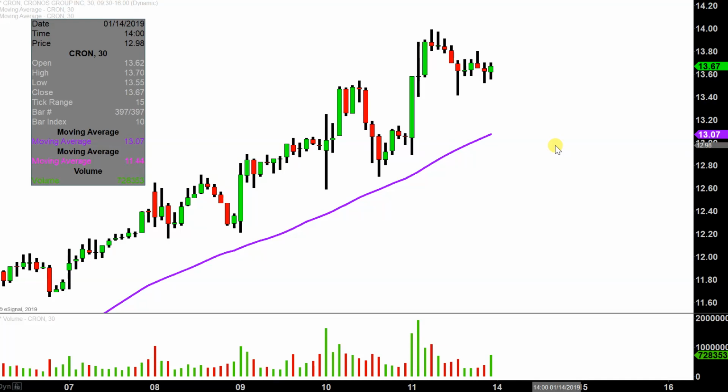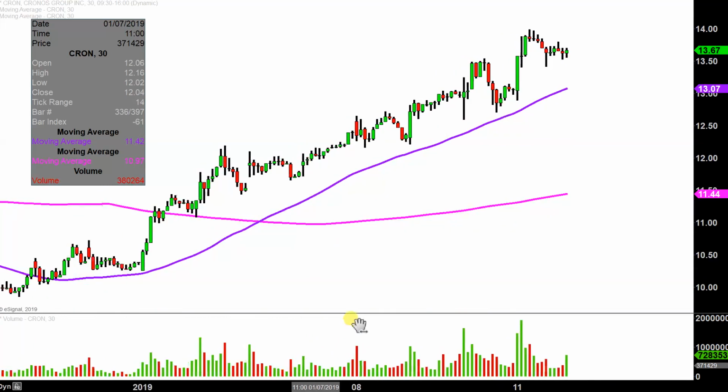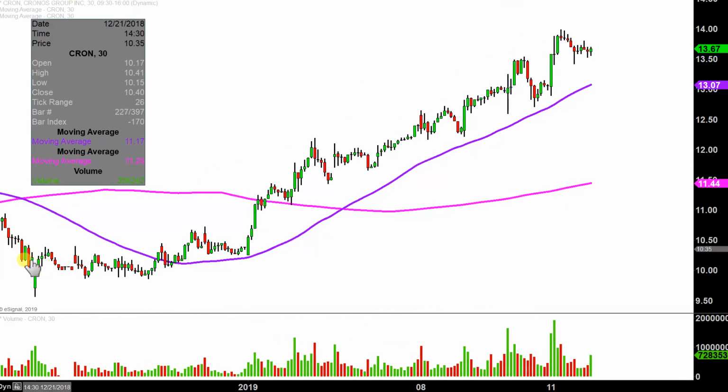I don't mean to state the obvious, but I will. This thing has just been an absolute monster. If you were putting together a textbook and wanted to show what an uptrend looks like, then look no further. Everything since this thing bottomed out from the move down in late December has been a pure and steady